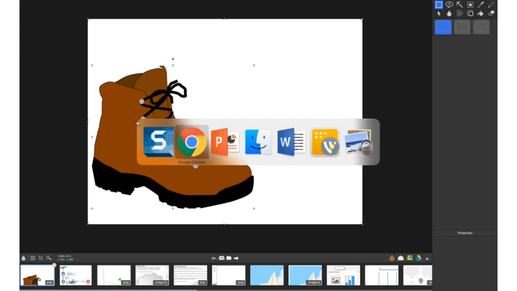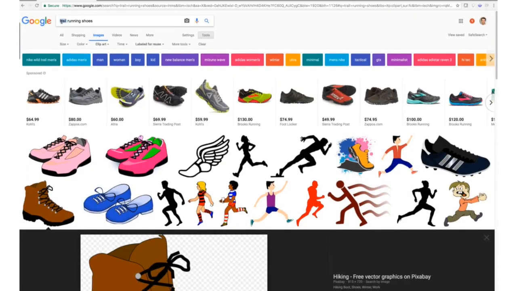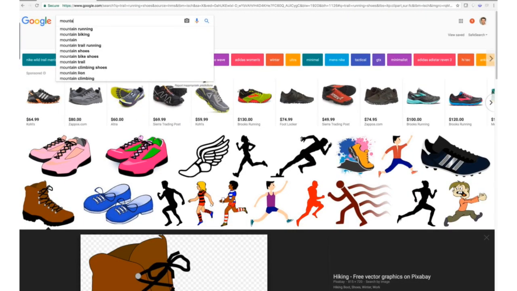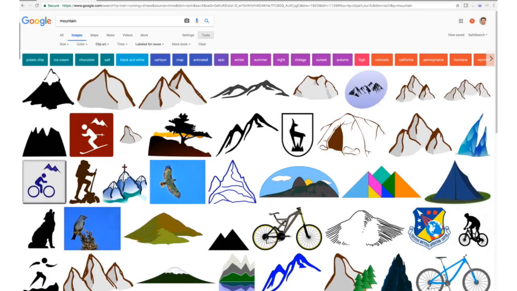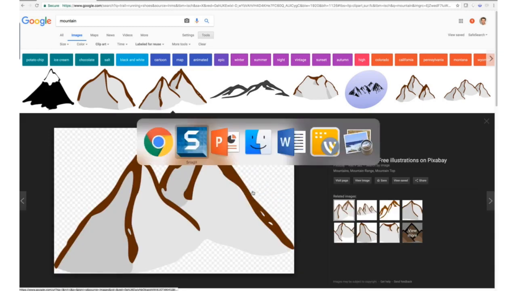I still want to get a mountain, so I'm going to go back to the top, and I'm going to type in mountain using the same search criteria, images labeled for reuse. I look through there, and I'm seeing some I like. This one looks pretty good. I'm going to copy that image and add it to Snagit,